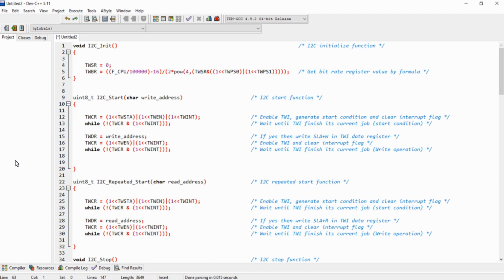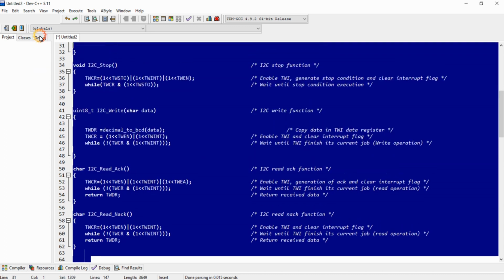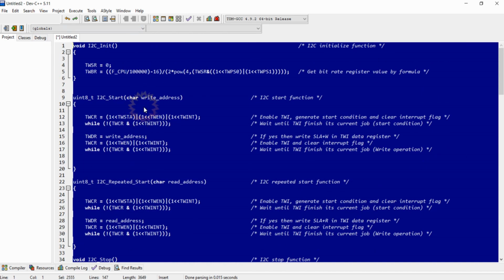Hello everyone. In this lecture, let's configure our ATMEGA16 microcontroller's I2C bus for interfacing devices such as EEPROM to it. Let's get started. We are just going to see several functions that are used for communicating with the I2C